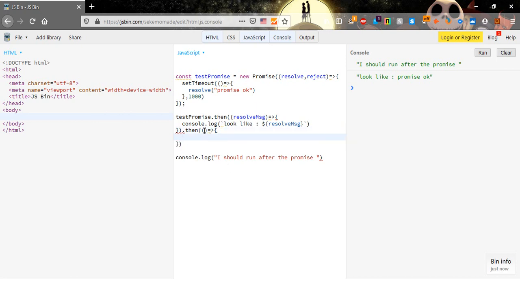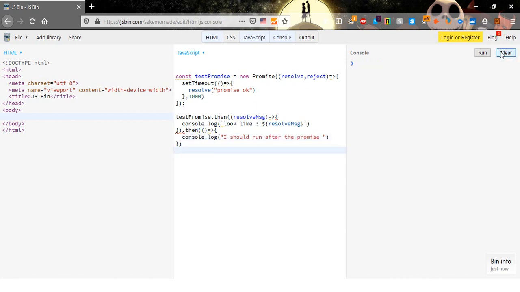Let's give it just without any parameter, and let's copy this inside in here, and let's now re-execute and see. So it will wait 1 second, and after that it looks like promise okay, and after that my message. I should run promise after promise. If I want, for example, another thing, but I need to make sure that the first function or the first code executes successfully, and also the second code executes successfully, then execute third, I just type